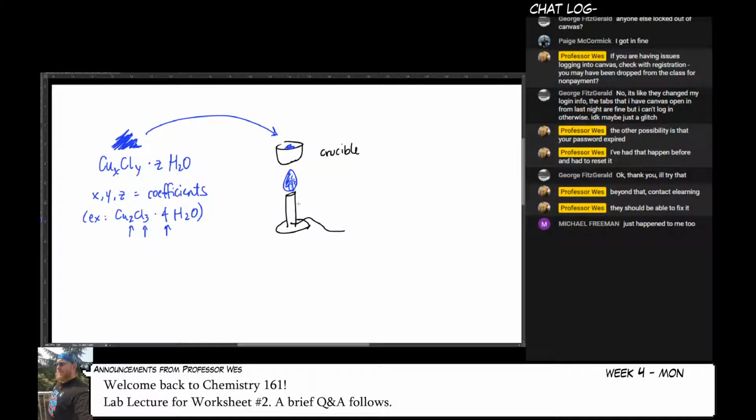Now, when you heat this, its temperature increases, and anything that is loosely bound will then evaporate out. And so the loosely bound substance in our hydrate is the water. So H2O will be boiled off. And then when we're done, inside the crucible will be something that's a different color. I had to find where in my palette I have that color. There, that's good. Okay. So then when we get the crucible, so after heating,